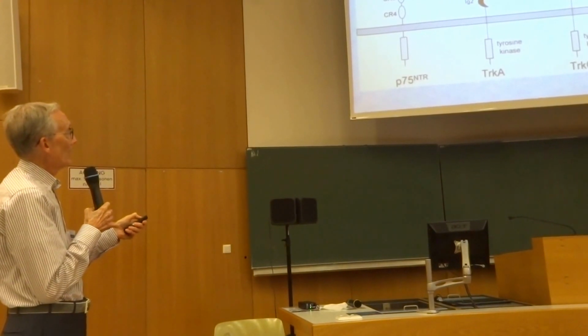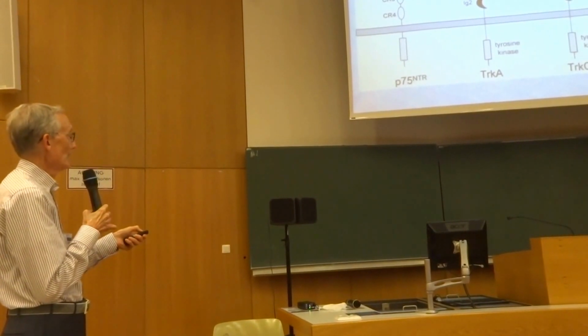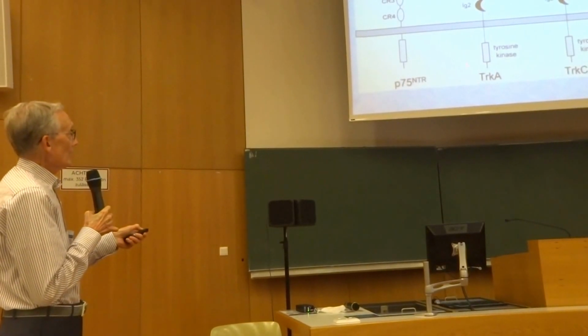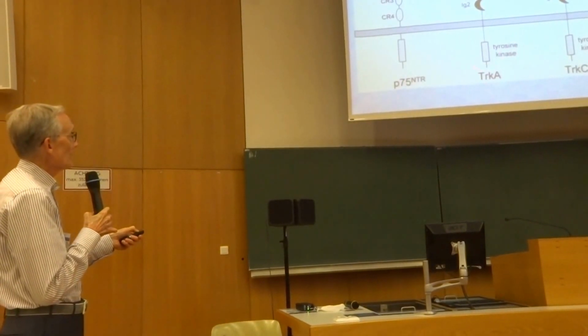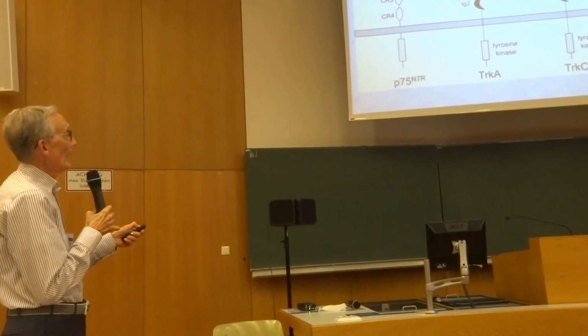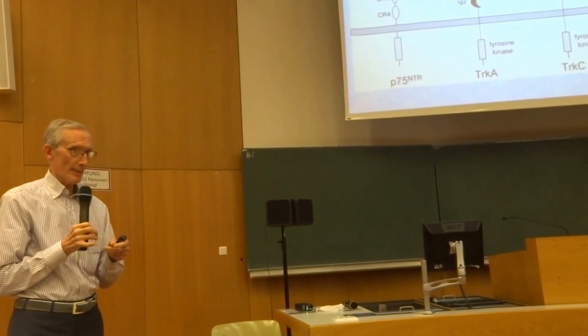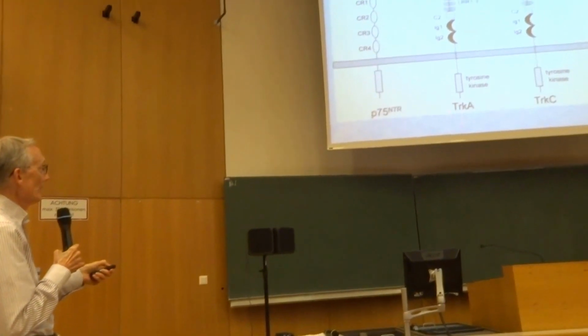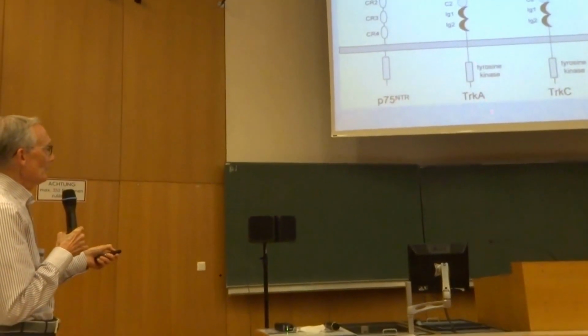These neurotrophins bind to receptors called Trks, tropomyosin receptor kinase, which has a tyrosine kinase signaling motif in the cytoplasm. When the factor binds, actually dimers, like other growth factors, leads to activation of this kinase domain and a signaling